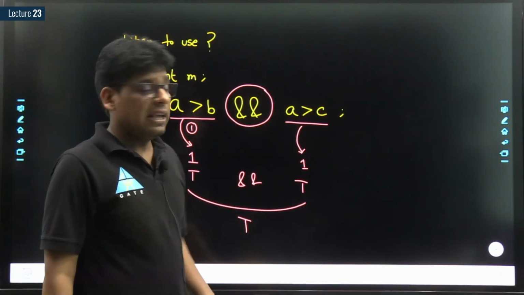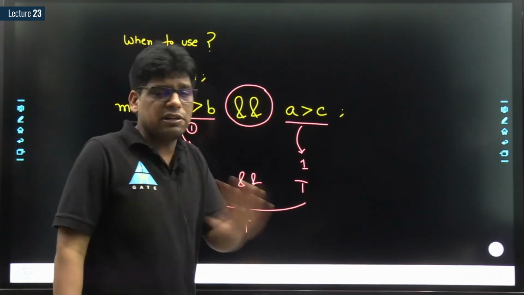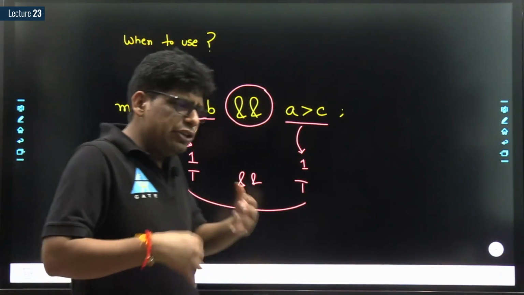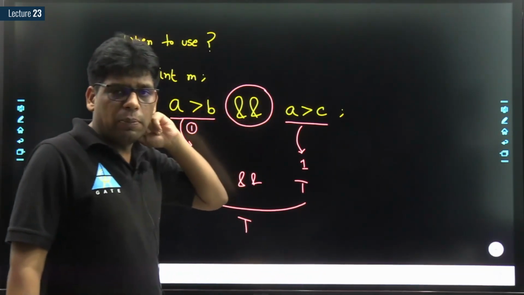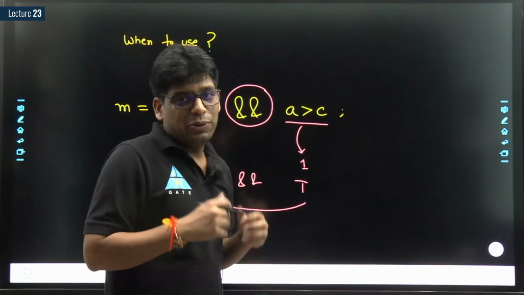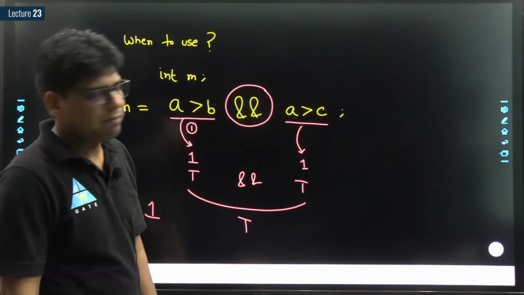But otherwise, if this is false or this is false or both of them are false, can I say A is the largest? Of course not. So we can use these logical operators to connect relational operators, something like that. Okay, sir,